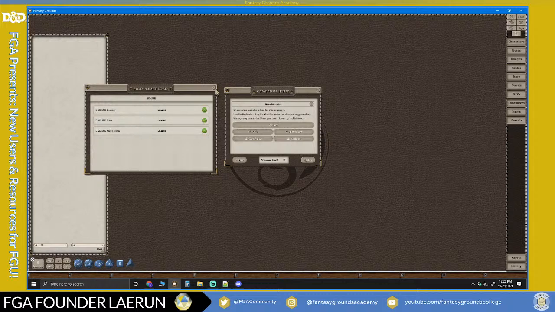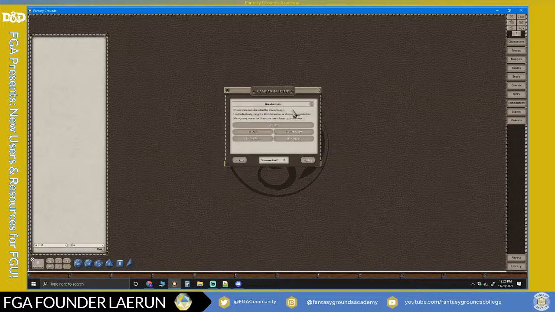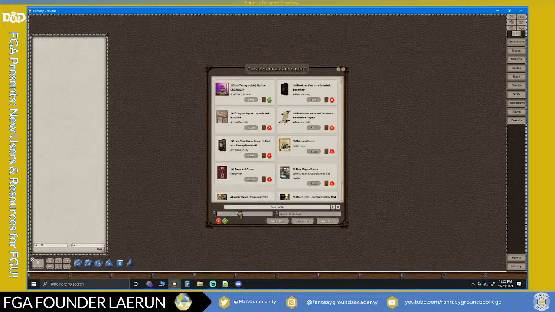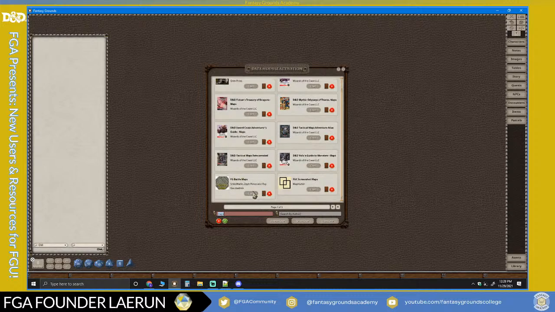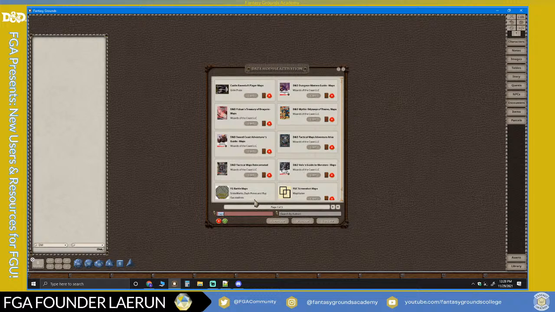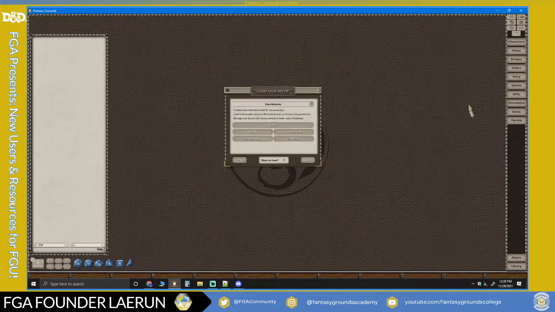So I've already loaded the SRD. And if I close that and you open the library, you'll see that it's loaded the SRD. Now, if you click on modules, this will load, and if you have any content, it'll show up here. But if you type in maps, there is a basic map pack that comes with the platform for free. There is also a calendar which you can use in game. So there's an in-game calendar, and there's a couple other tables that come with this. It's pretty basic, but it comes with the rule sets or with the basics.